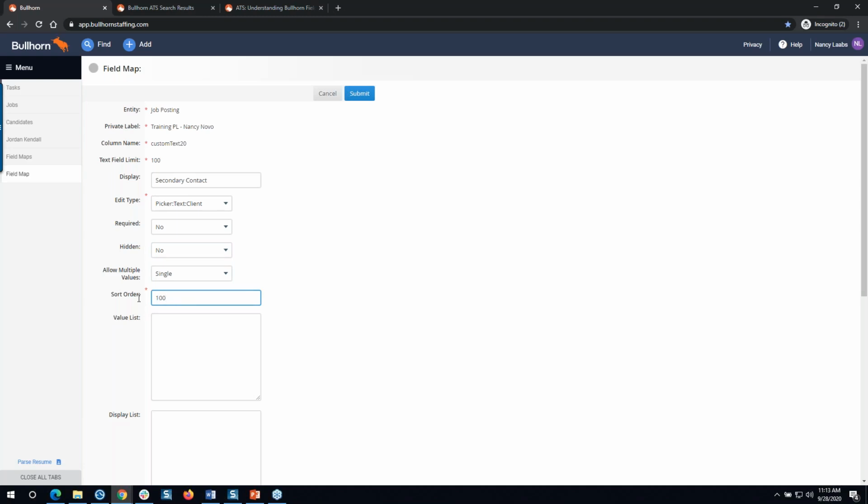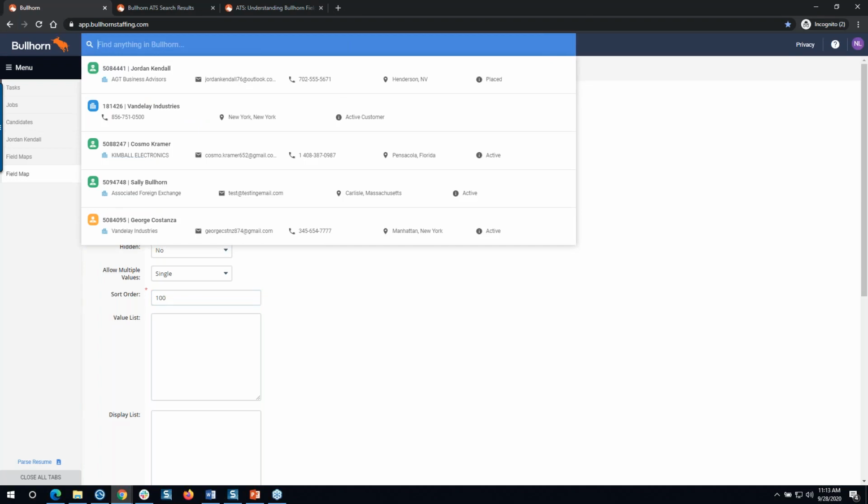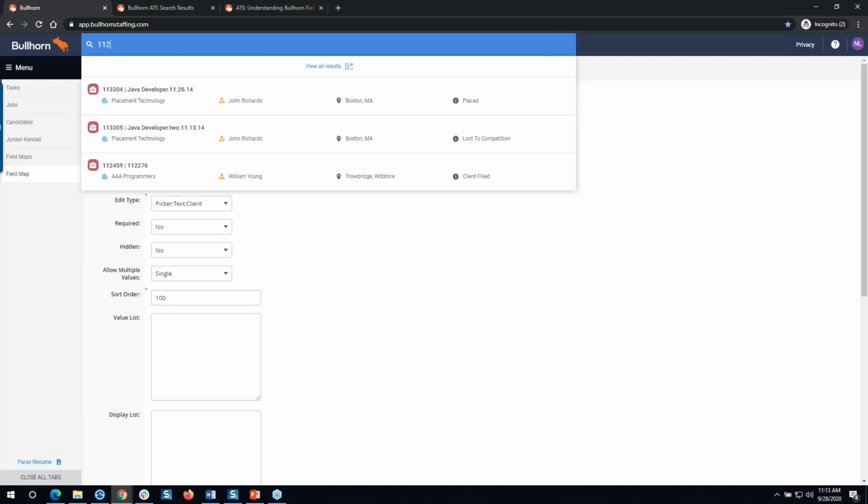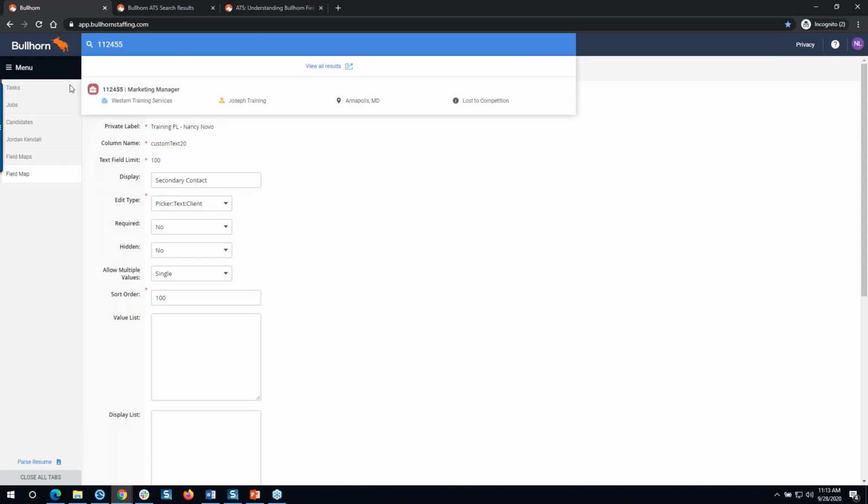And here's why. Let's say that we would like this secondary contact field to display just below the primary contact and maybe before the open closed field on the job record. Now, you really should plan this out in advance. So if we take a look at an existing job or vacancy record, you can see where these two fields fall on the Edit tab. And just for purposes of training, I'm going to fast find for a sample job order or vacancy by its ID number. And it's this marketing manager here. So when I open it up,